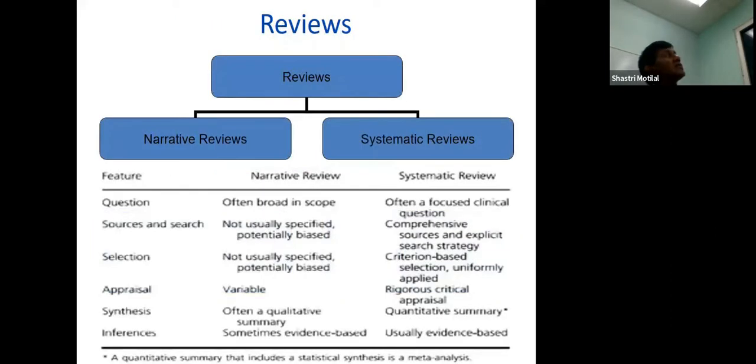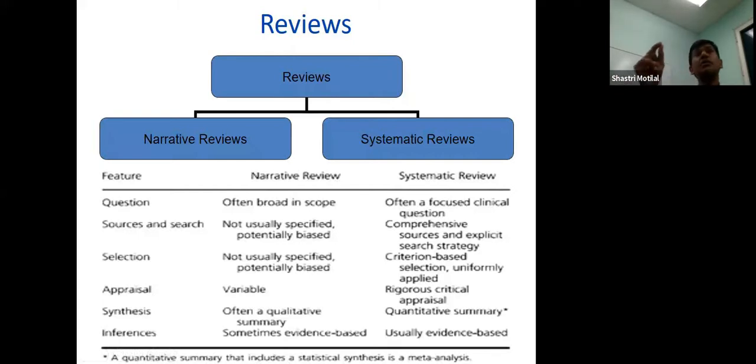And there are differences. A narrative review often asks a broad question, like, what are the treatments that exist for viral warts? Remember, we ask an answerable question in the format PICO, which is usually very specific, so that doesn't really fit the PICO format. That's what this review was named, and they went into all the different treatments for viral warts. So often those reviews are very broad, whereas a systematic review is often very focused.